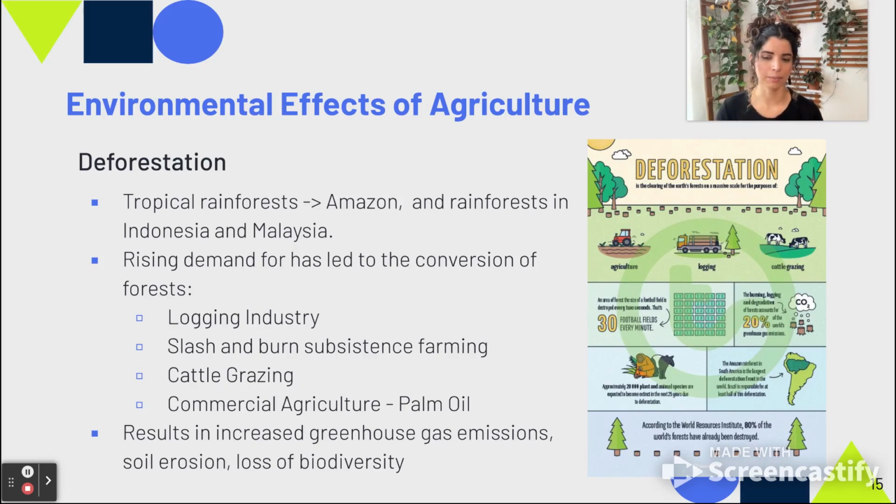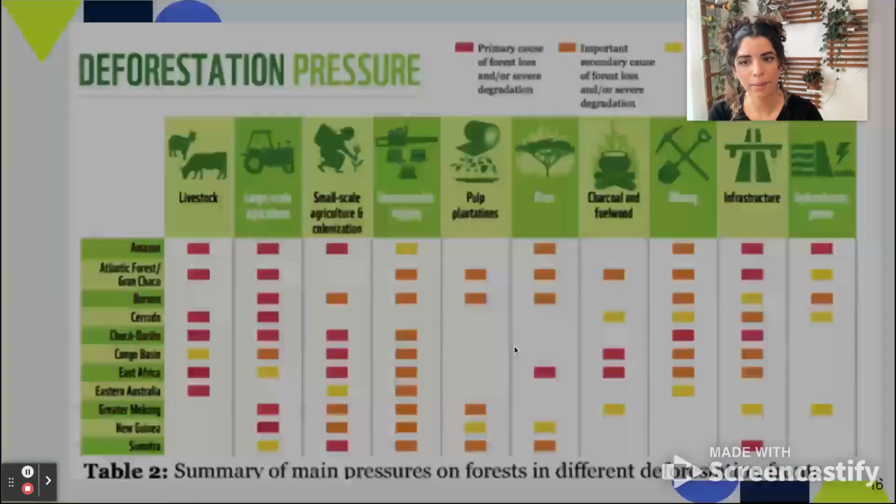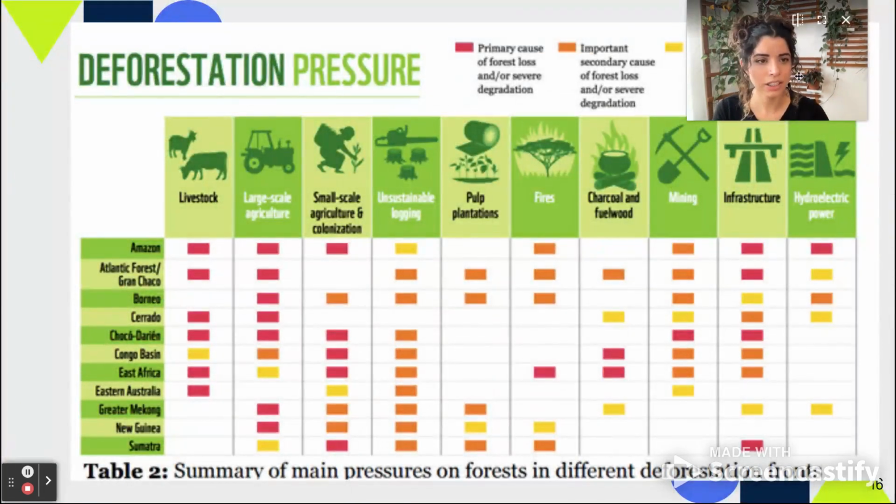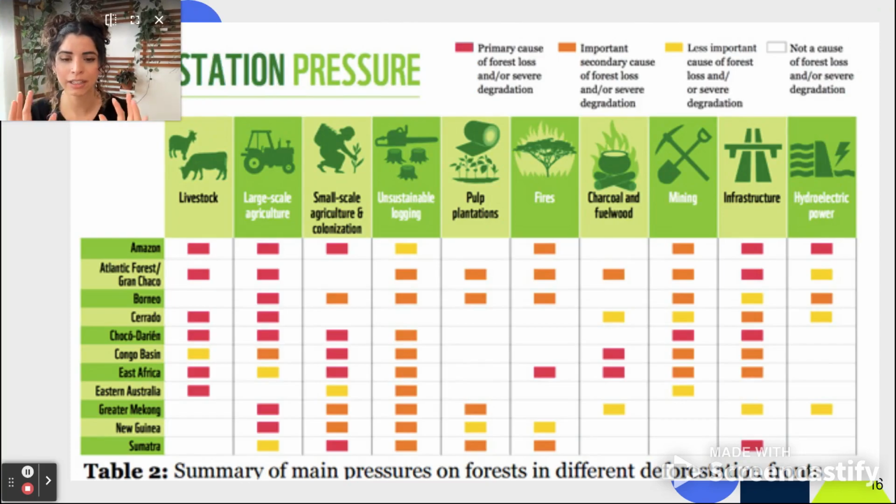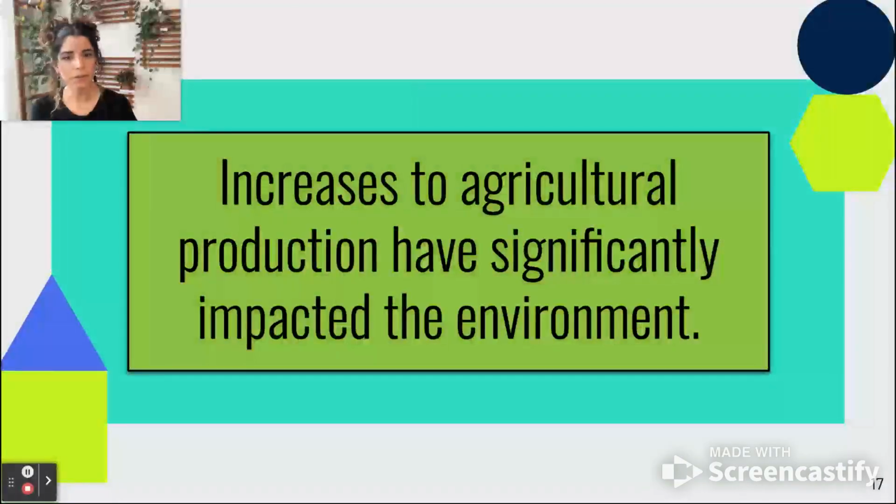Deforestation is something that more and more laws are trying to protect, but ultimately it's up to individual governments to protect that. And then here's a lovely little chart. I recommend you guys pause this and take a look at this, looking at the different types of agriculture and what we see here in terms of deforestation. So overall, increases to agricultural production have significantly impacted